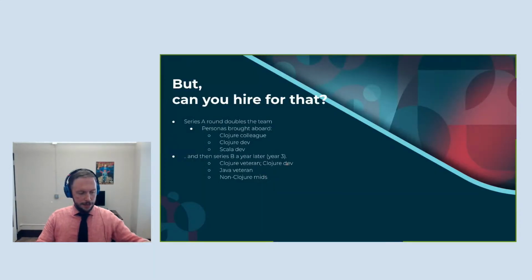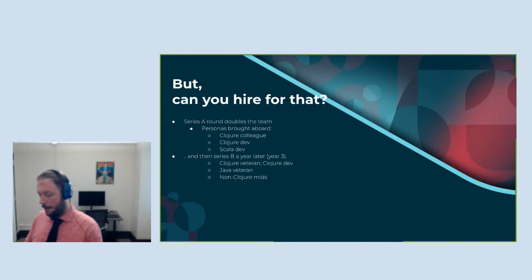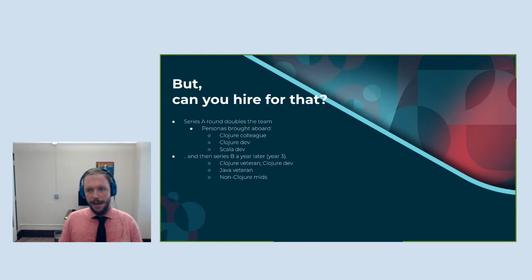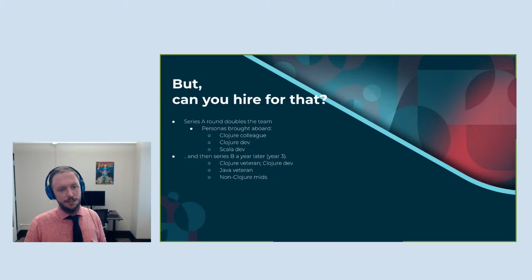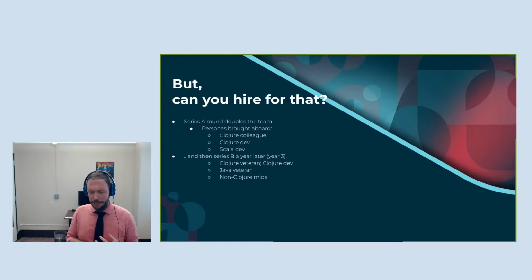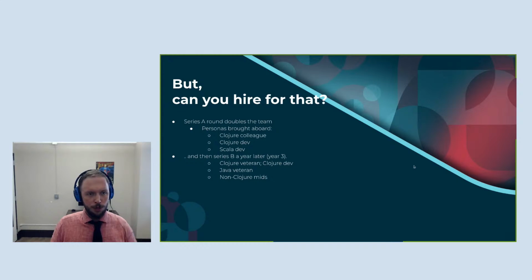So that does raise the question of, well, okay, we do Clojure on the team at the time, and that was certainly part of how we felt secure enough to go with it at that point. But can you actually hire an engineering team and do that for the long run? Again, in this sort of niche language. And yeah, I have some more slides that I'm going to go over somewhat more quickly here, but the short answer is that, again,